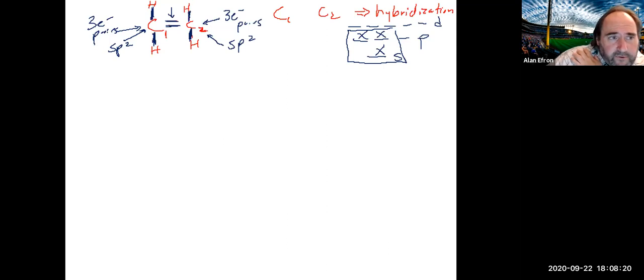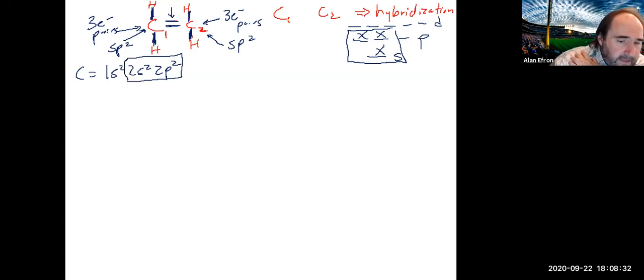All right, so we're going to focus on the carbons first here. The carbon's electron configuration is 1s2, 2s2, 2p2, carbon having 4 valence electrons to begin with. Now, since carbon is going to be sp2 in this case, this is what it's going to look like before it does any hybridization. If I draw it a little bit better, we have basically 2 electrons in the 2s